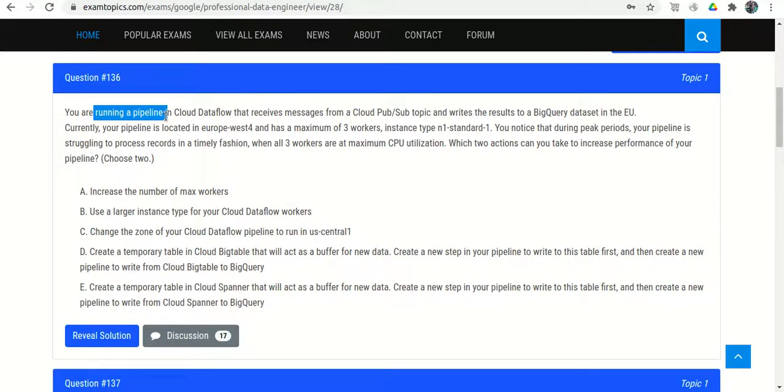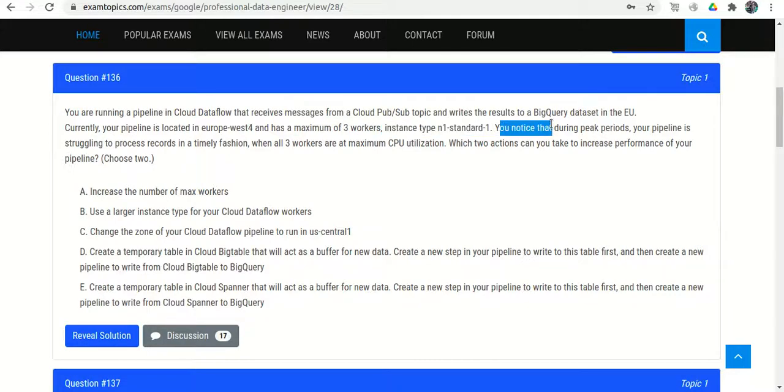You are running a pipeline in Cloud Dataflow that receives messages from a Cloud Pub/Sub topic and writes the results into a BigQuery dataset in the EU, European Union. Currently, your pipeline is located in europe-west4 and has a maximum of 3 workers and instance type n1-standard-1.